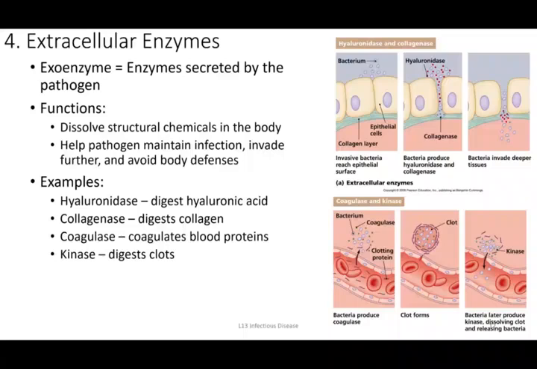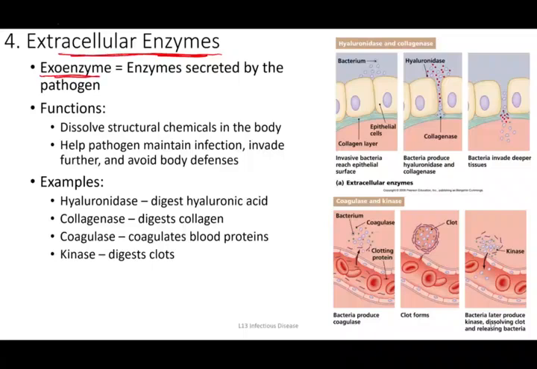So anti-phagocytic factors are also a really important virulence factor and a part of establishing an infection. Now we're moving on to enzymes. We talked about enzymes some time ago. For exam 1, I had you review some enzymes, but remember, enzymes allow some reaction to be carried out at a faster speed. And so these enzymes, we call them exoenzymes or extracellular enzymes.